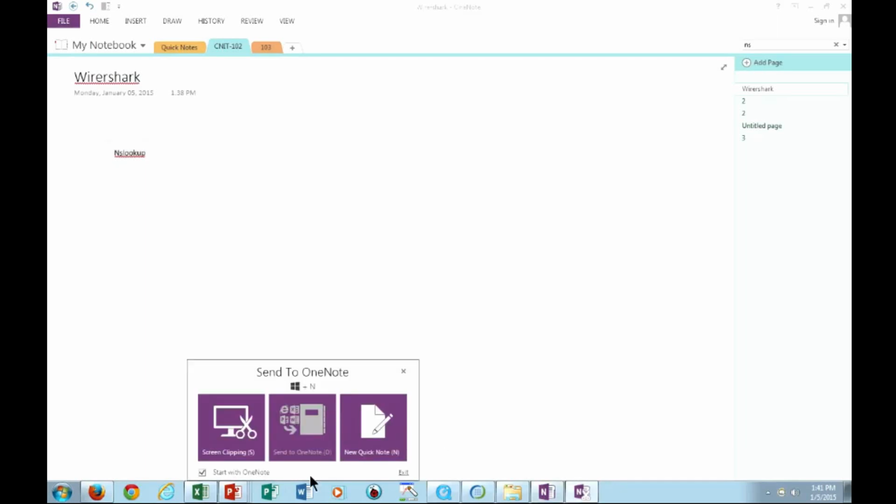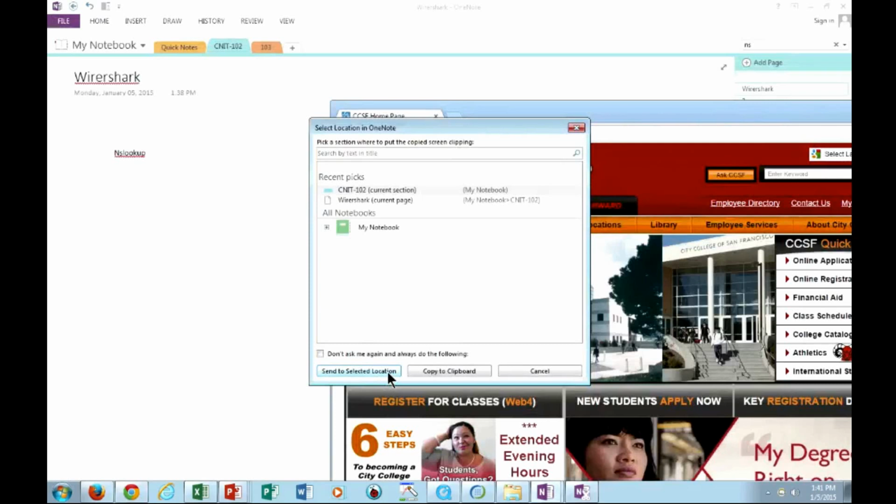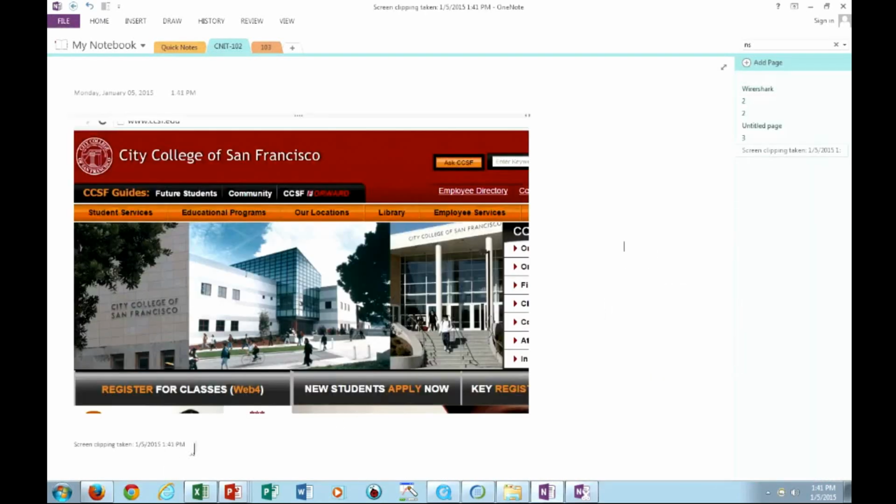But one thing I can do with OneNote is I can clip something. Let me go out here to the web. So I can go out here, I can do a screen clipping. Check this out. Mouse clicked. So I do a screen clipping here, right? Highlight this, clip it, and then I want to put it into current section, and I click send. Poof, it's in there, right? So now I have a document. And not only that, if this is set up correctly, it gives me date and time as well as the URL where it was copied from.